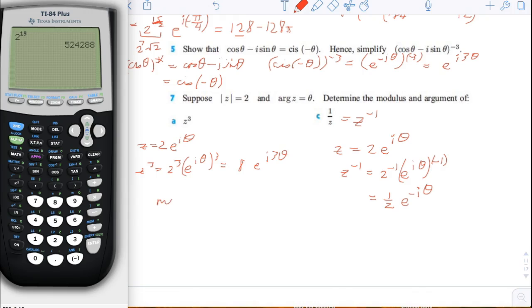So the modulus here is equal to 8, and the argument is equal to 3 theta. And here the modulus is equal to 1/2, and the argument is equal to negative